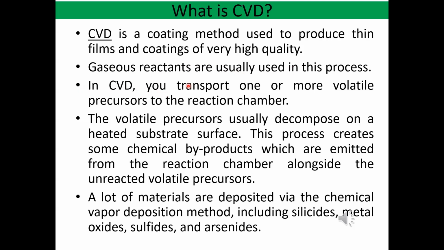In CVD, we transport one or more volatile precursors to the reaction chamber. The volatile precursors usually decompose on a heated substrate surface. This process creates some chemical byproducts as well, which are emitted from the reaction chamber alongside the unreacted volatile precursors. A lot of materials are deposited via the chemical vapor deposition method, including silicides, metal oxides, sulfides, and